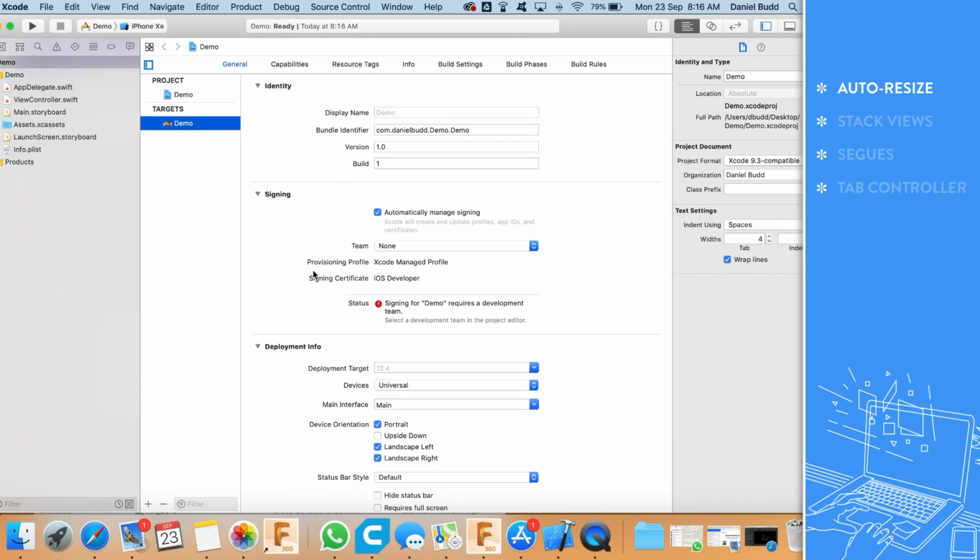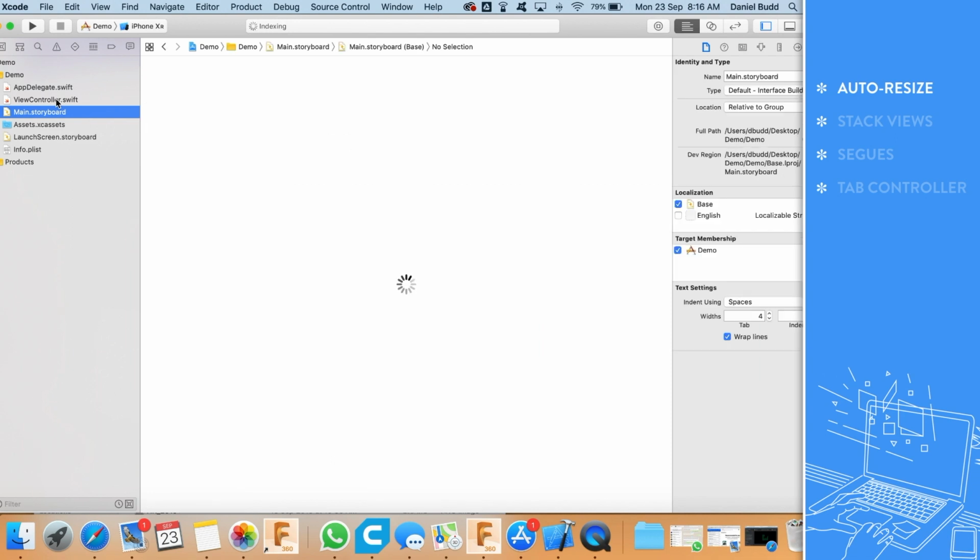Okay, so then when we start up with our new project, we've got our assets, our main storyboard, and our view controller.swift, which are the main areas which we do our work in. So the first feature I'm going to show you is auto-resizing. Okay, so click on your main storyboard,